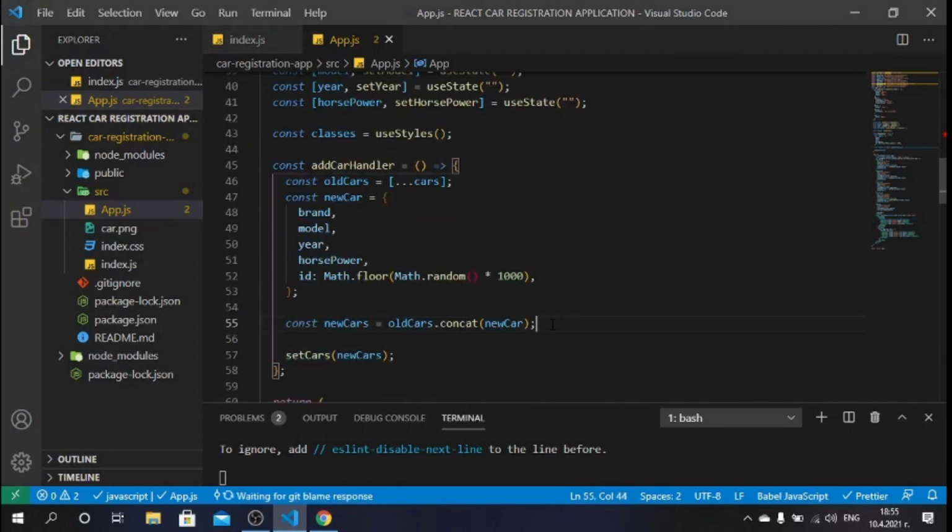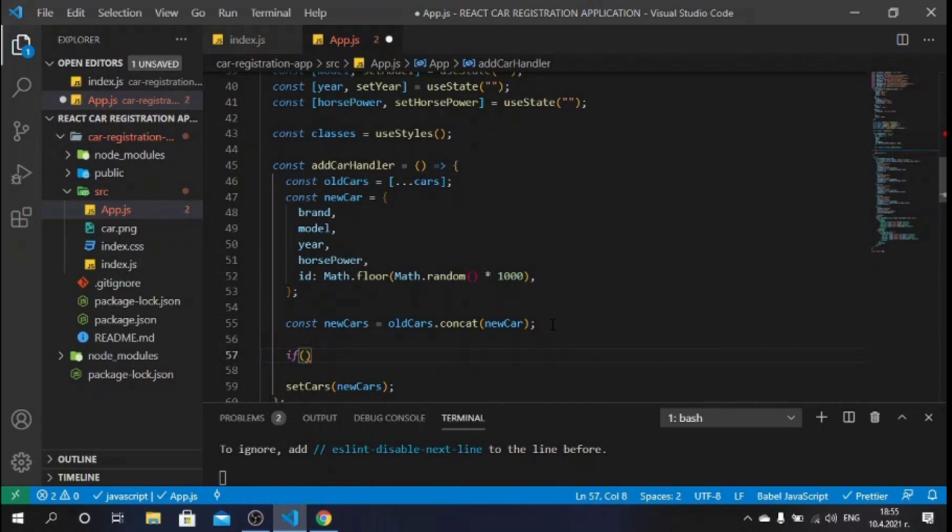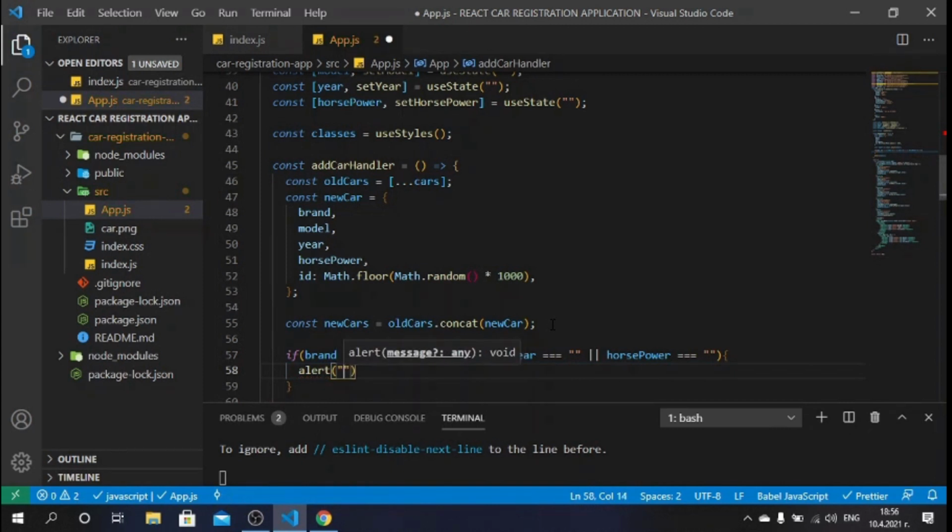So here basically I can do, we can check if the brand is equal to an empty string, or the model is equal to an empty string, or year is equal to an empty string, and horsepower is equal to an empty string, then what we want to say is alert, fields cannot be blank,